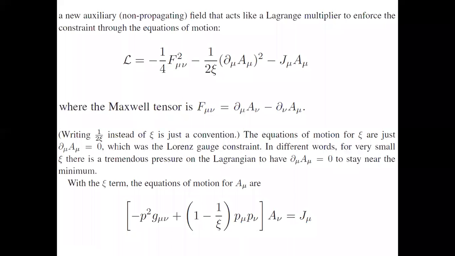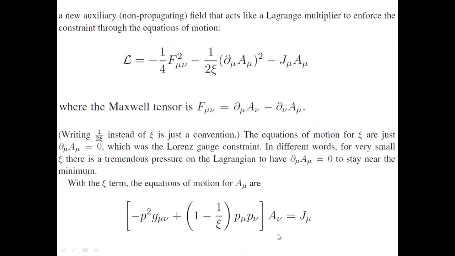So this is nothing but the Lagrangian of the photon field. If we take the Euler-Lagrange equations, we can simply get back the Maxwell's equations. But here xi is nothing but a Lagrange multiplier, imposing del mu A mu equal to 0. So we impose del mu A mu equal to 0 via the Lagrange multiplier. If we vary this equation, we get the Maxwell's equation. Now the equations of motion are with the xi term included, so with the xi term included, the Maxwell's equation in the momentum space becomes something like this.